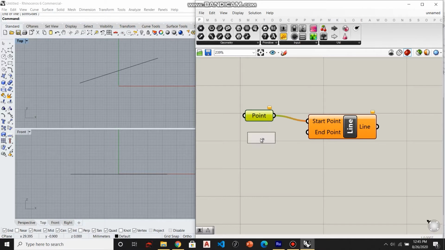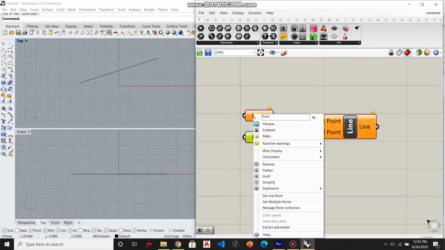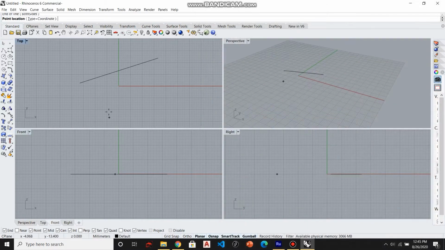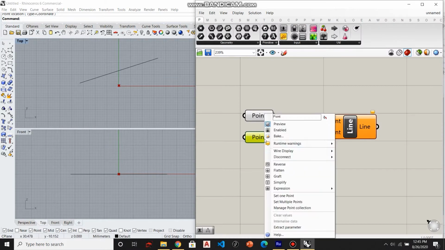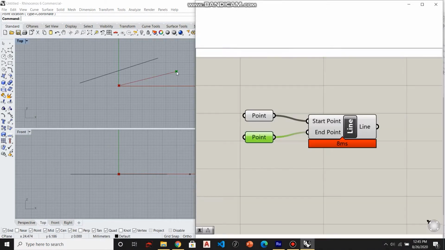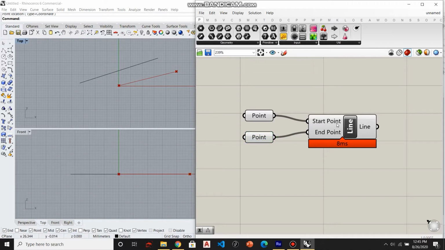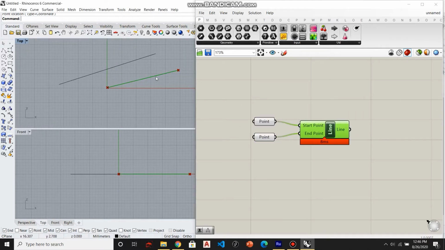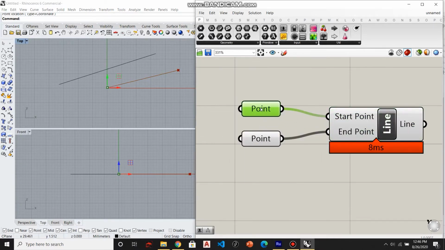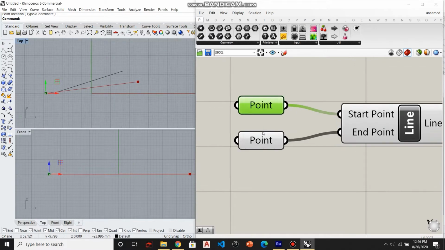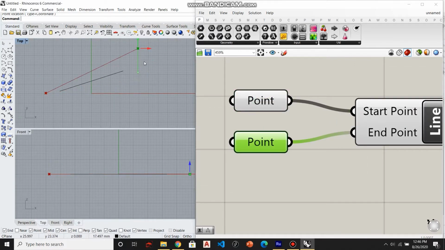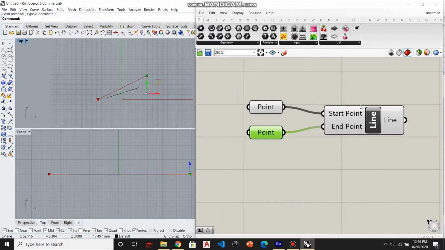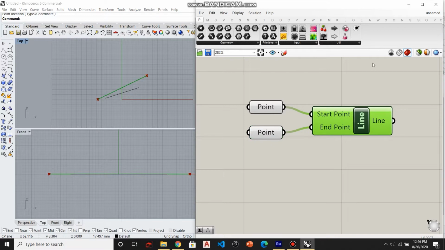So I have these 2 points here. Now, how do I specify these points? It works with Rhino, so I can right click and say set 1 point and click anywhere inside here. I can do the same thing again, and it does it here. And then it draws a line. Now when you click on this, it becomes green, but this line directly is not editable in Rhino. You can't edit this line. But if you change the point, because you've set it in Rhino, that is editable, it's going to change the line. So all the squares that you see, these are all called components,